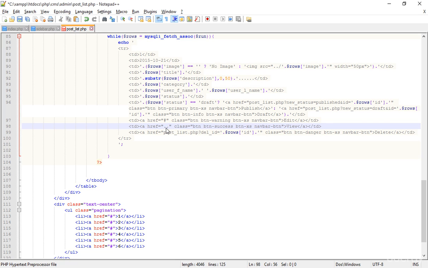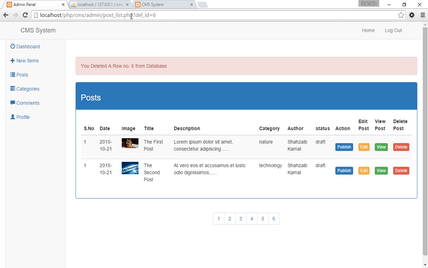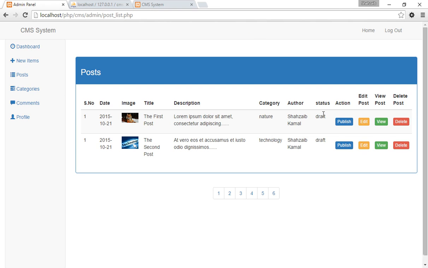Let's go back a little, okay, to the back directory, because the view page is in the CMS folder and we are in the admin folder. So we have to go back, and when we are just in the CMS folder, then we can type post.php. Okay, now just go to the browser and refresh that, and then if I just click on view button,